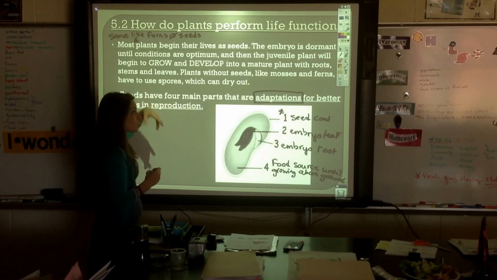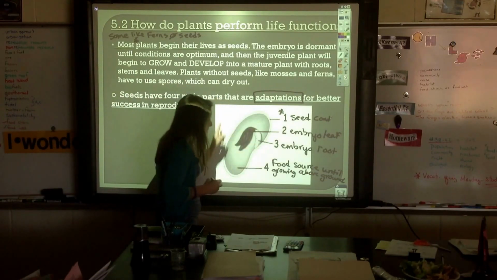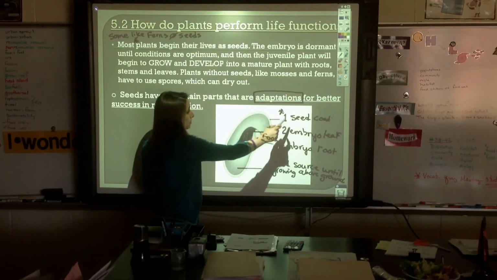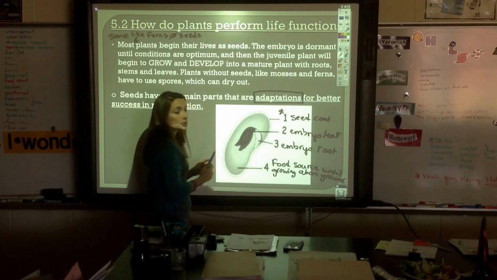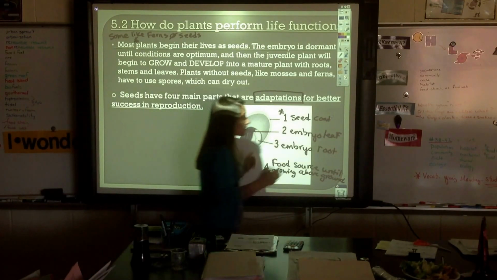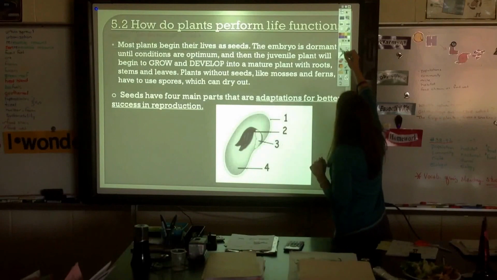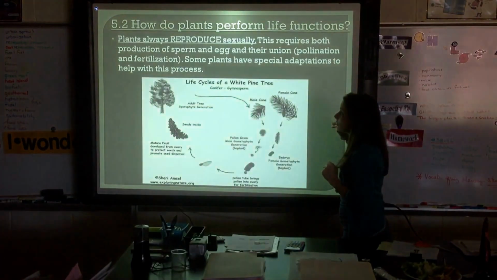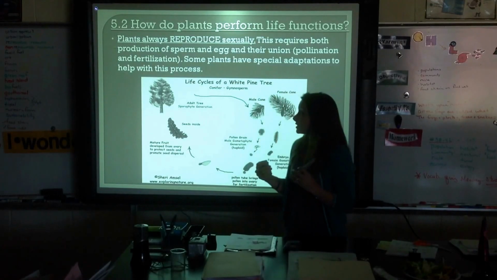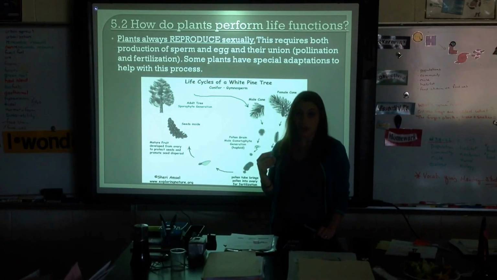And so plants without seeds that have spores, if you don't have this seed coat, you'll dry out. However, having the seed coat, the baby plant, and the food source means that this is a good adaptation for better survival. And so this is the main idea of how plants are going to grow. We'll be talking about reproduction later, and so this is where we're going to stop. You do not need to take the note